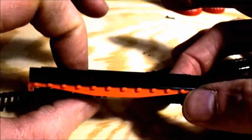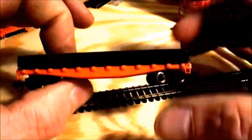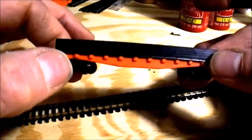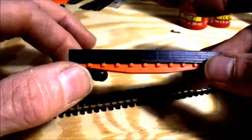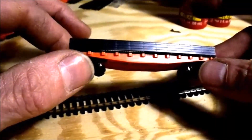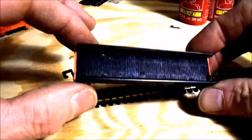Most crane tenders have an enclosure on one side. This does not. This looks more like a car that they used to haul axles on, which they would hook up to a crane if they were loading up axles and whatever, but I suppose in some ways it is a crane tender. But now right here,